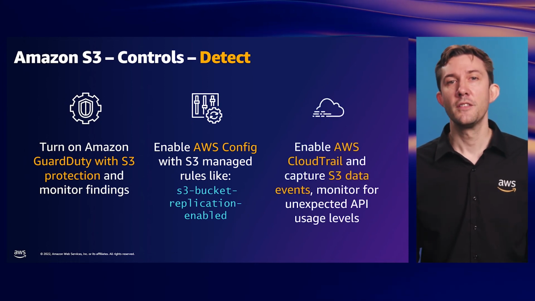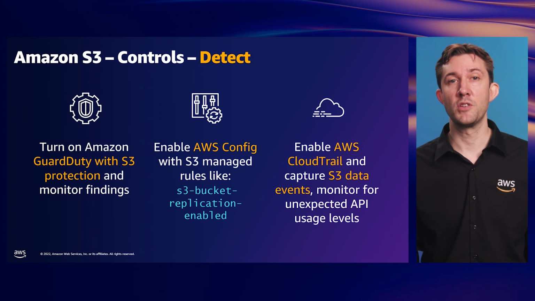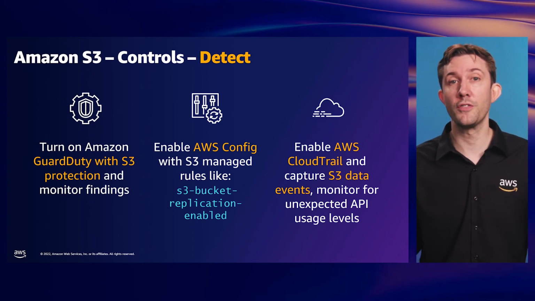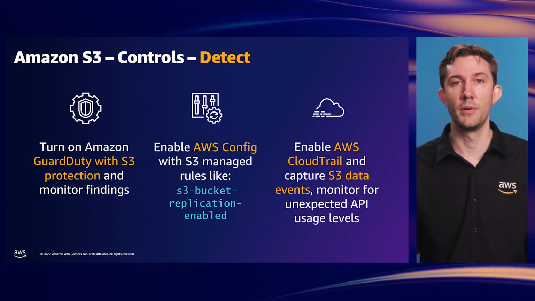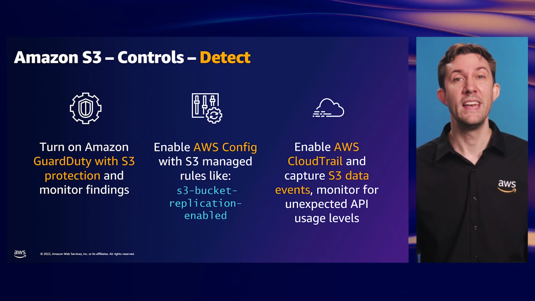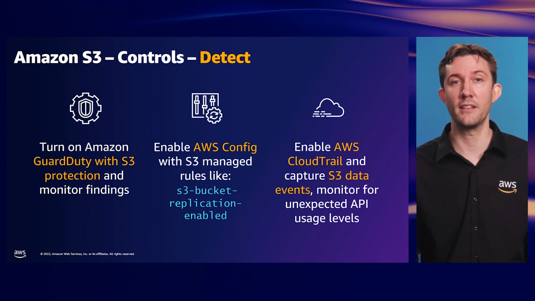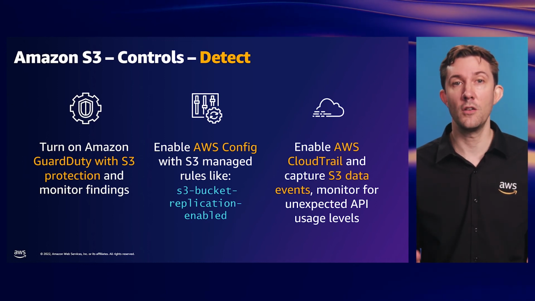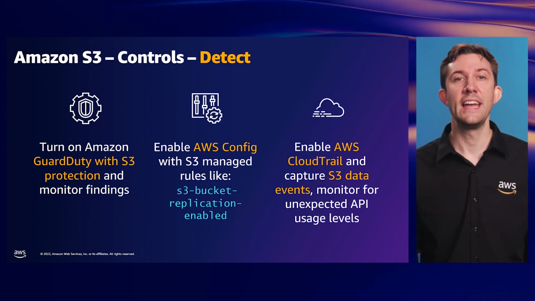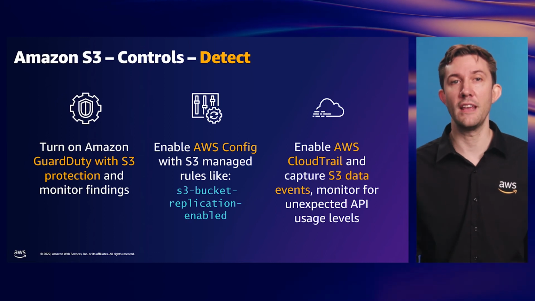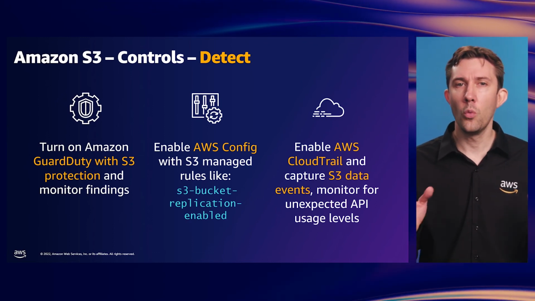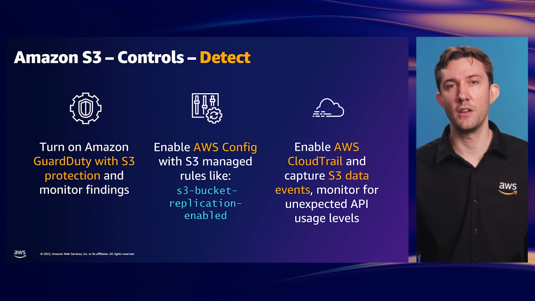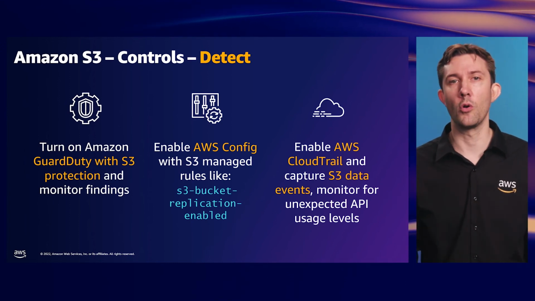And finally, setting up a CloudTrail trail to capture both the management events but also the S3 data events can help. It would have helped Mary know if the attacker actually stole any data. And when combined with monitoring for unexpected or risky API calls, it can provide a good source of unwanted event detections. Which events and how many of them are considered risky will of course depend on your organization.